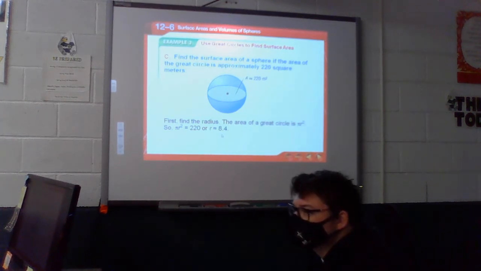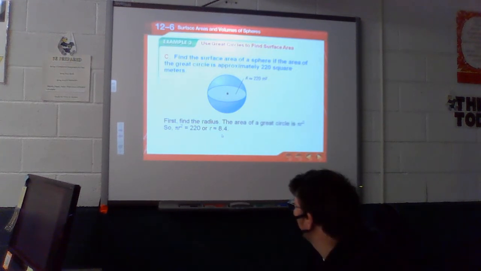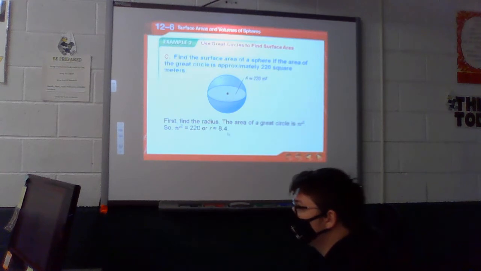Again, what I find interesting about this book and these examples all the time is they kind of preach about not rounding, and then they round it right here again. So again, I wouldn't go and round any of it. Theirs is probably off at the beginning because they said this was approximately 220. So that's not the exact answer either, but we live with it. So we find our radius, and then once we find our radius,